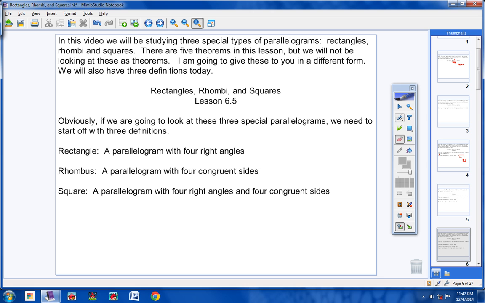A square is a parallelogram with 4 right angles and 4 congruent sides. It has to have both, okay? A square is a parallelogram with 4 right angles and 4 congruent sides, okay? It has to have both. So here's a square. Well, it's not a very pretty square, but you get the point. Actually, it's a pretty bad square, but